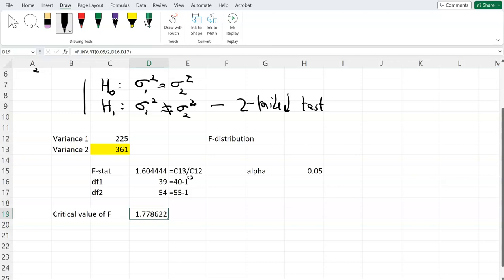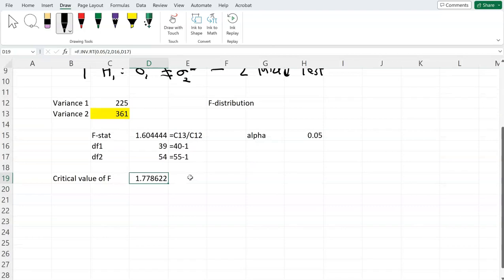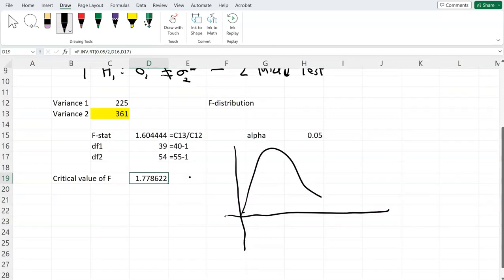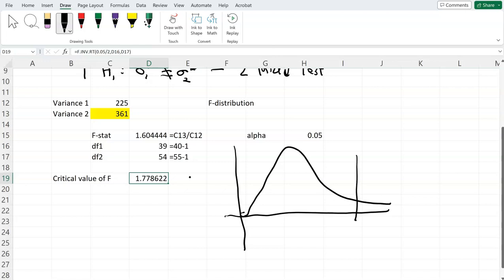So I can see the F distribution here kind of looks like this, and we are doing a right tail test. Now this is going to be my critical value of F, which is 1.77. Anything greater than that is the rejection region. And since we have a two-tailed test, there's going to be another rejection region here, but since we did a right-tailed test, we don't need to find it. We could find it if we did F.DIST and then found it, but for us, since the numbers are always going to be positive, and we are always looking at the right-hand tail,